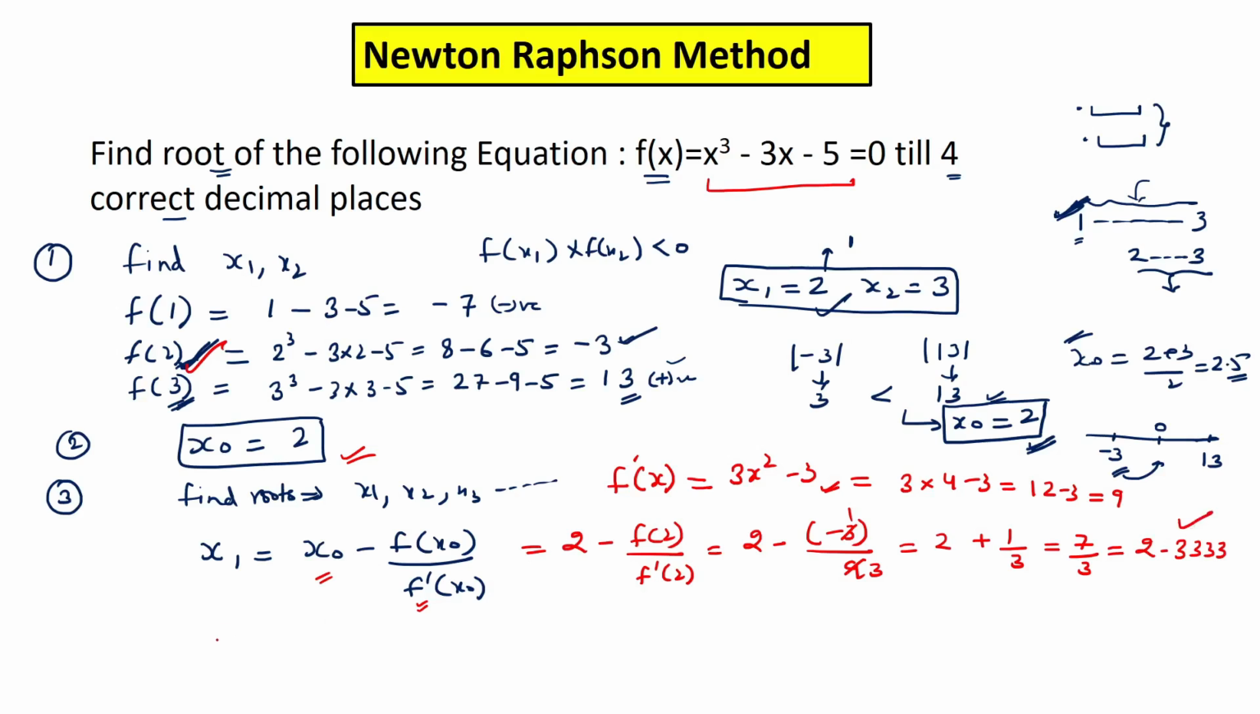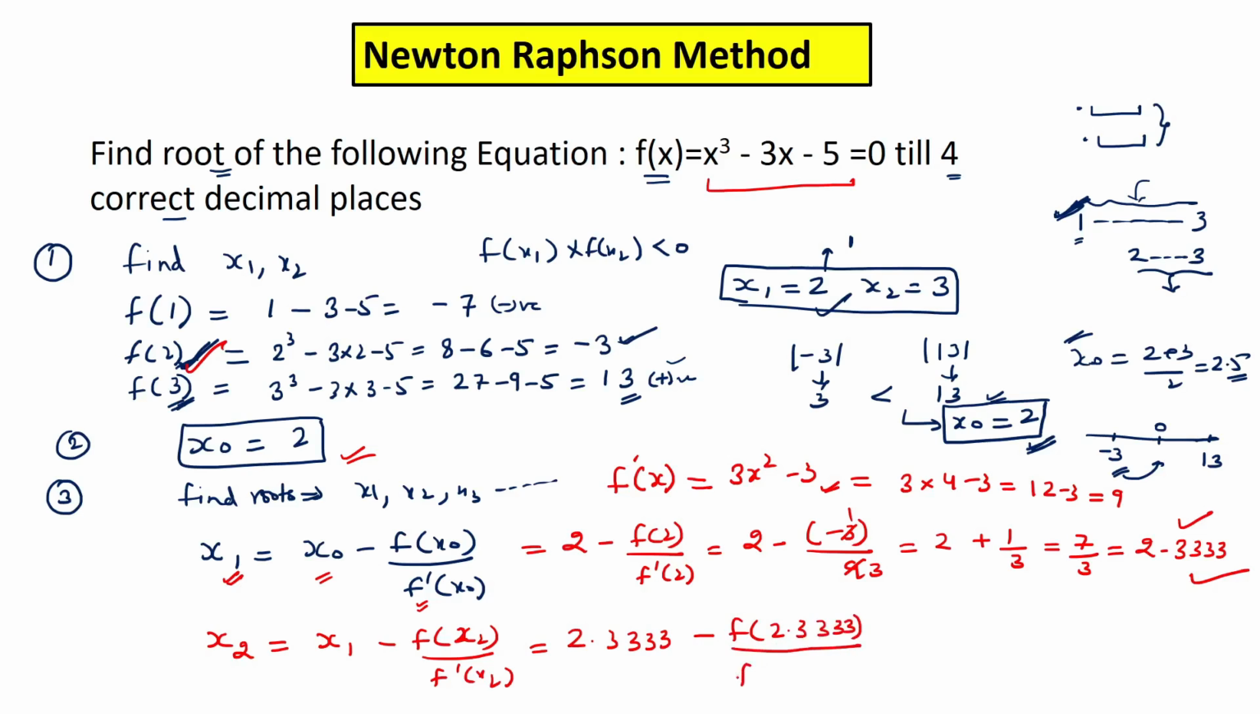Okay, so similarly, let's find the value of x2. So what will be the value of x2? It will be x1 minus f of x2 upon f dash x2. Okay, so this x1 is what we have found here. So x1 is our 2.33 minus f of 2.33 upon this f dash. We have to find the value at this point. Okay, so if you solve this, you will get something like